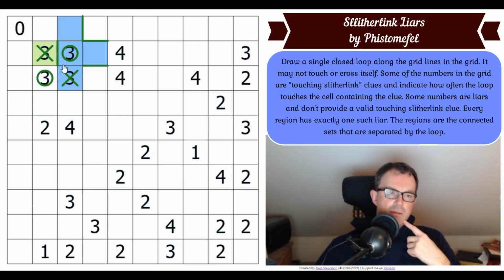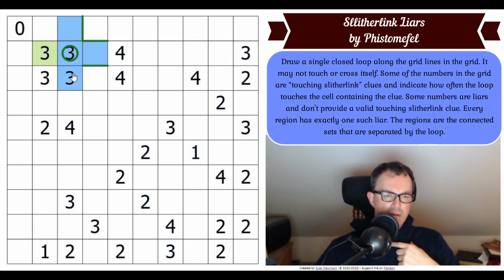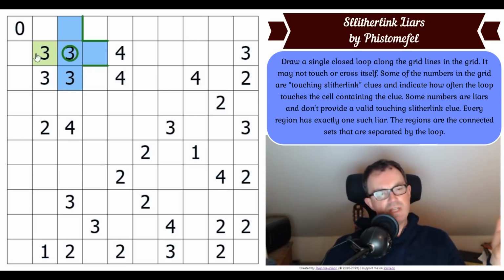Right, okay, let me just think about that for a moment. Is there a simple way of proving that? So far we've started from the presumption that this is a correct clue, and that could apply rotationally to any of these. I've not used the 4 clues or the 0 clues to assist me in anything we've done so far. So if this is correct,